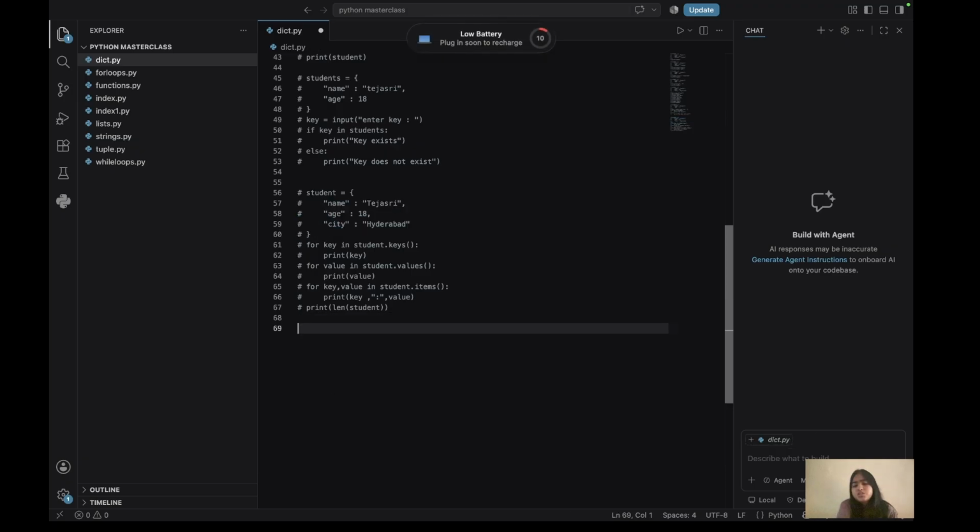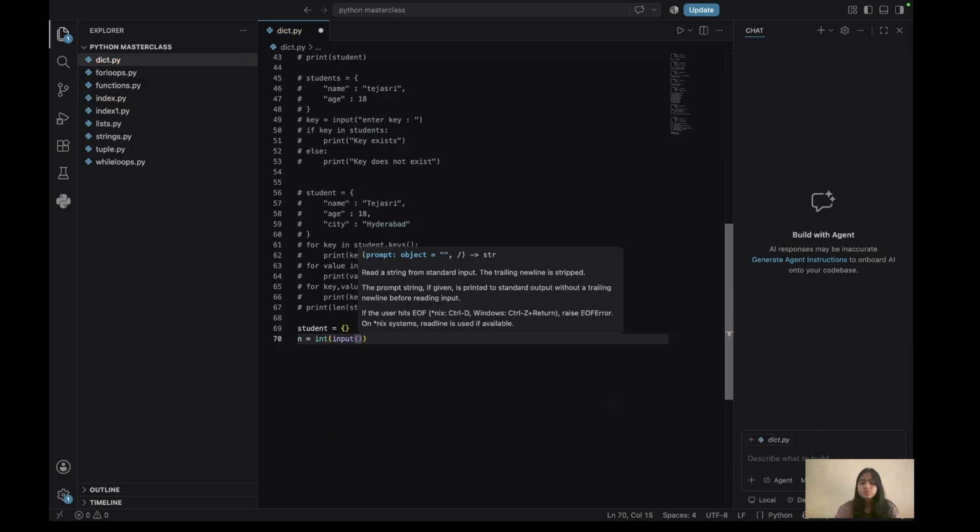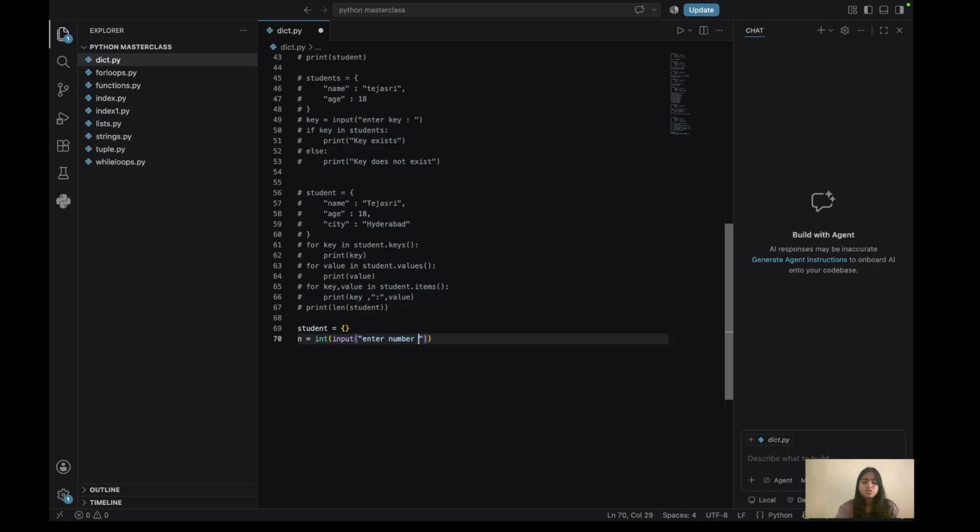That says, take the dictionary input from the user. Okay, till now we have entered the data of the key and the value. We have filled our dictionary, but now we have to create our dictionary by taking the input from the user. So first we need to create a dictionary like this. Then we need to take one input first, that is int input, enter number of items. Here first you need to take the input from the user, that how many items he wants to